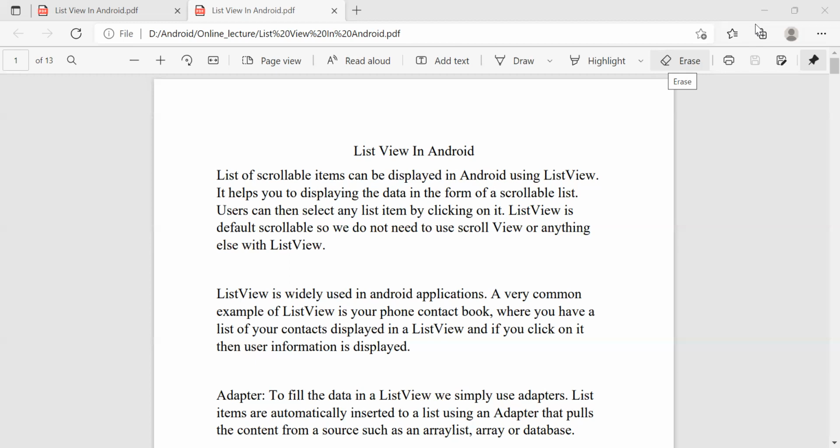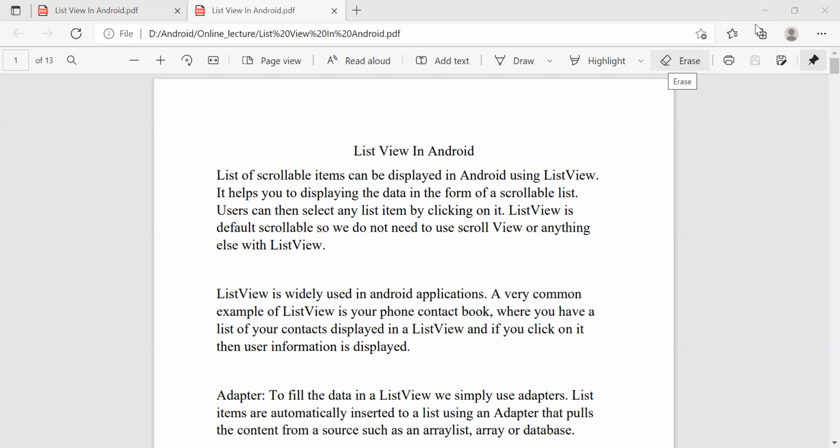So I told you before that it comes along with the scroll bar. So we do not need to use the scroll view for it. And whenever the number of items is more, we generally prefer the list view. Other views are also there, recycler view, grid view, and spinner view are available. But list view is a very easy way to show the items and is mostly preferable.